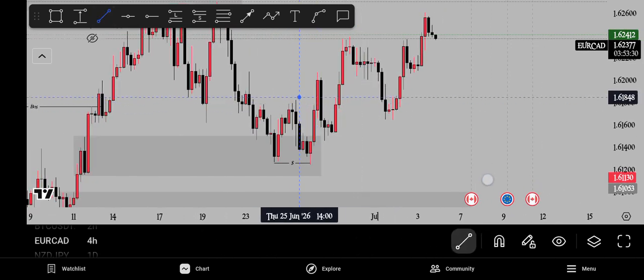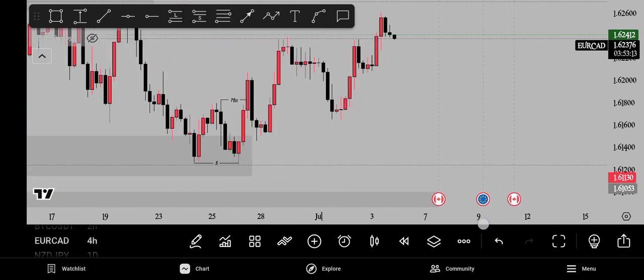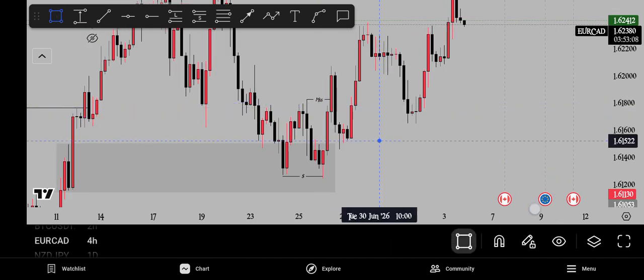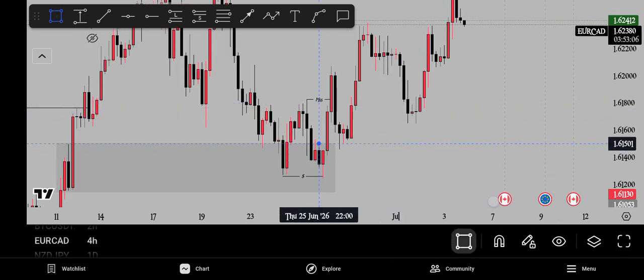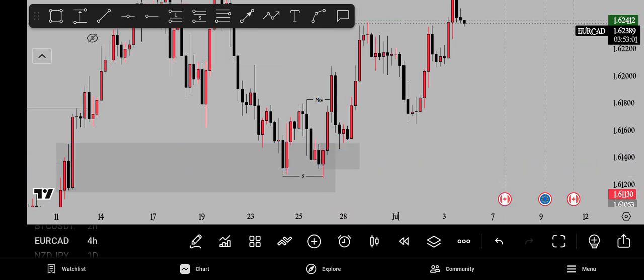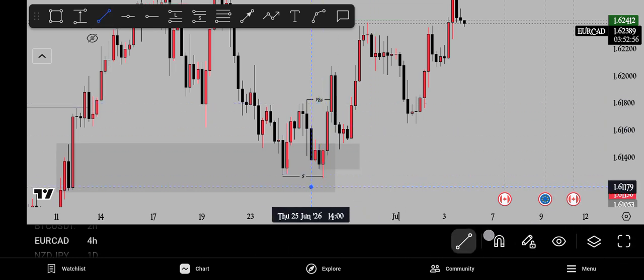Where we now have what? We have our break of structure, our MSS, sorry, a market structure shift. After a market structure shift, price came and used what? This order block. After tapping into this 4-hour order block and respecting this low that caused this sweep,